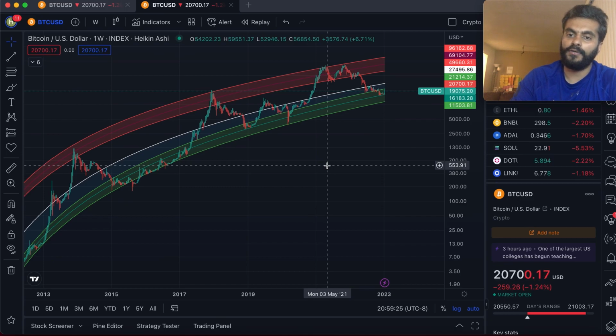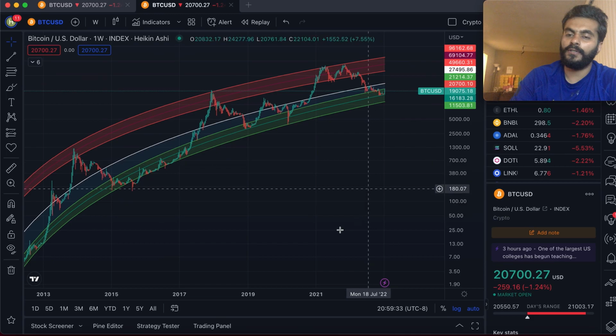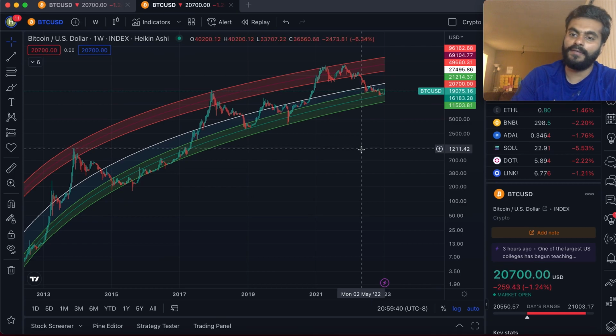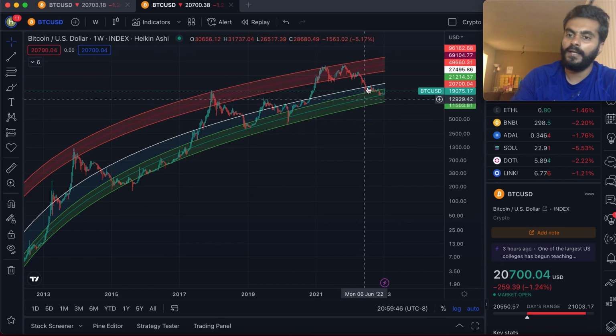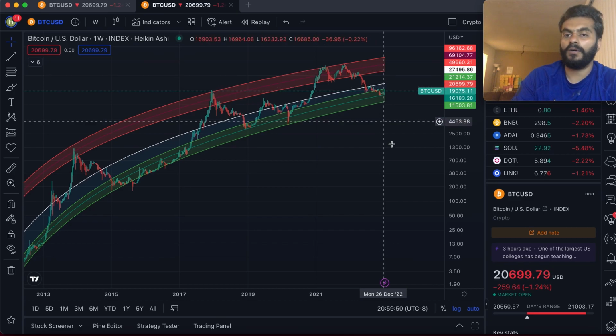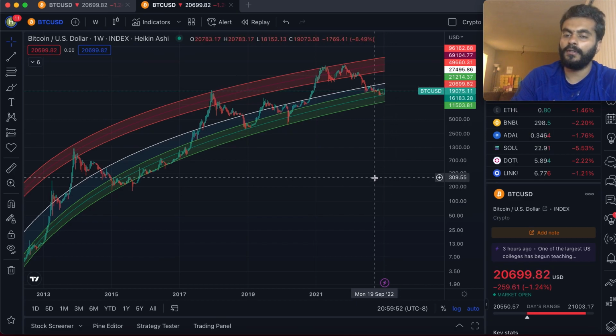So we are ways off from it; it's almost five times the current market price. The midpoint of the overvaluation territory on the logarithmic regression band is at 69,000, and that is actually fairly close to the all-time high that Bitcoin had in the last market cycle. The low end of the overvaluation logarithmic regression band is at 50K, almost